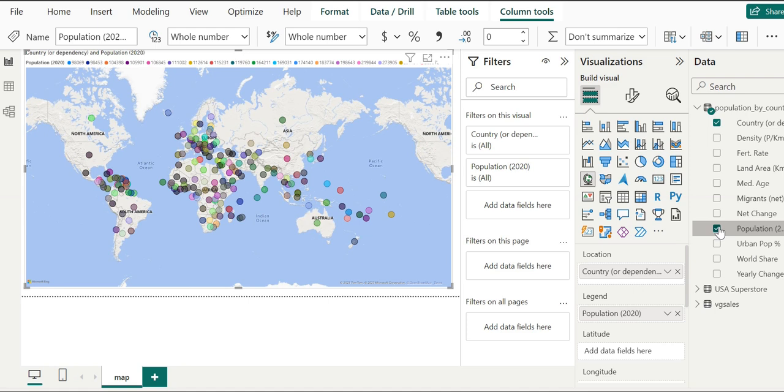As soon as we do this, the bubbles now make some sense. There are bubbles which correspond to the population: you can see here which has more population, and here which has less population. This color variation represents different kinds of population.